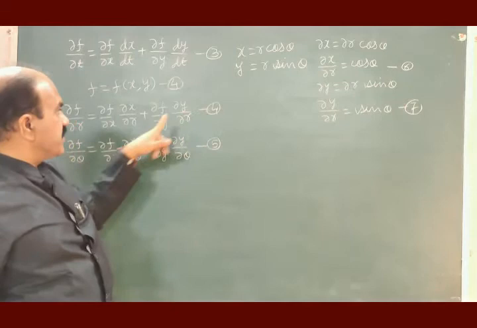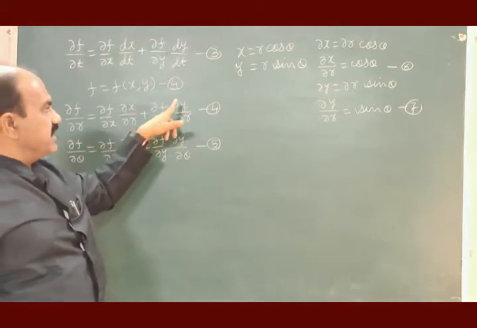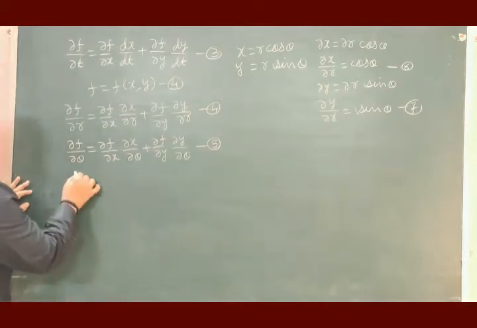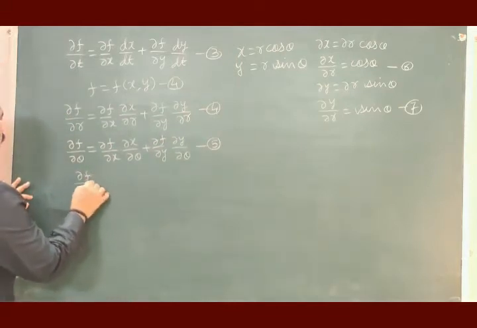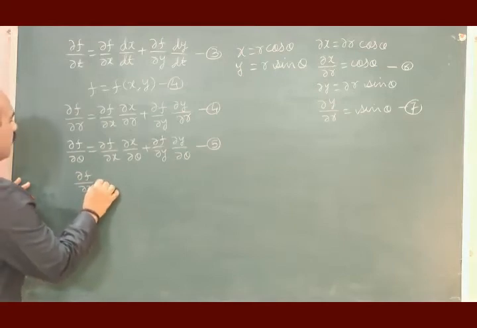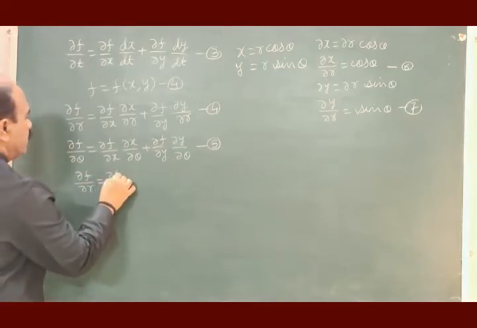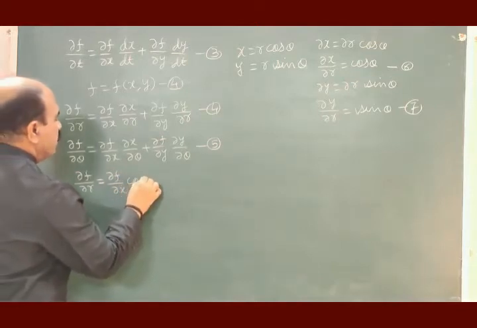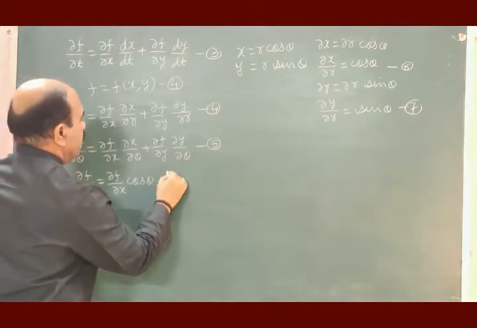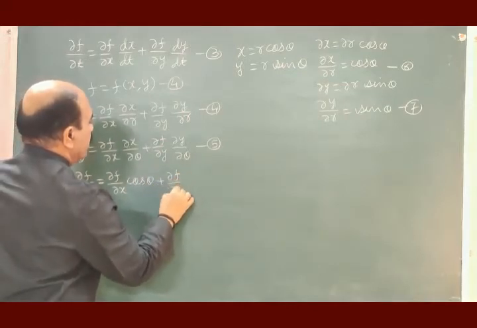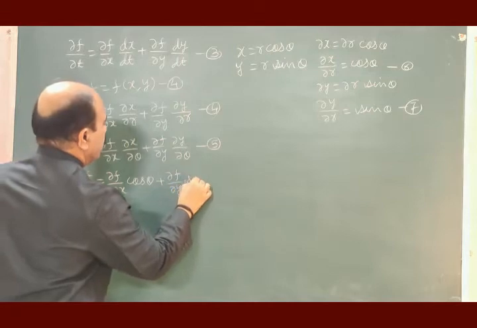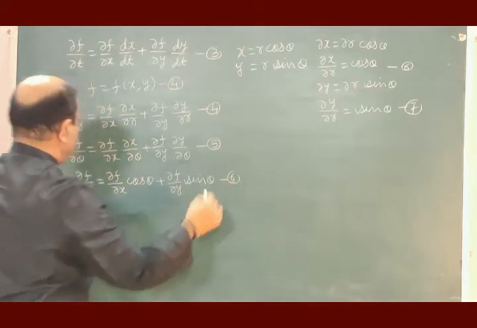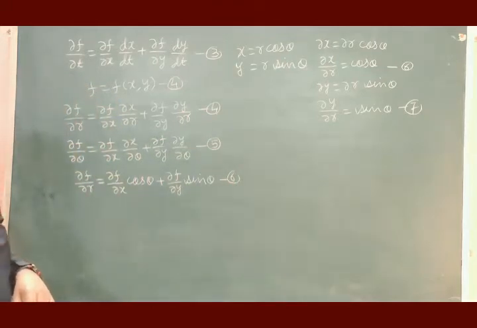When we substitute 6 for dou x by dou r and 7 for dou y by dou r, equation 4 now becomes dou f by dou r is equal to dou f by dou x into cos theta plus dou f by dou y into sin theta, equation number 6. Okay, then